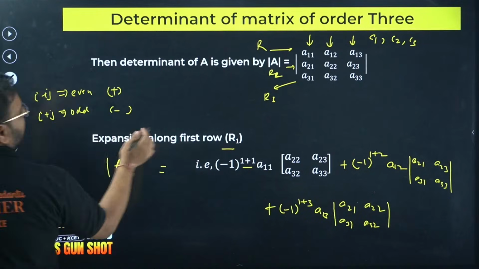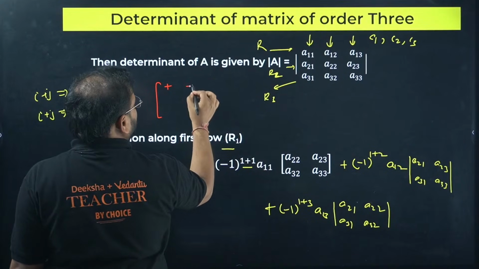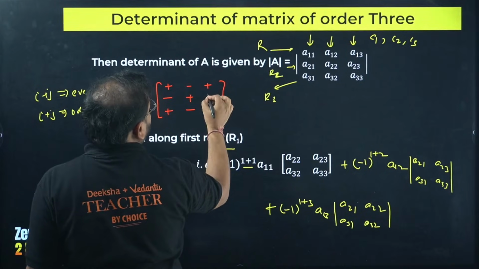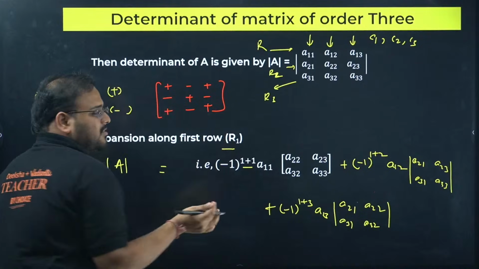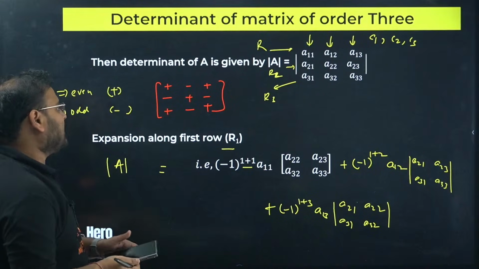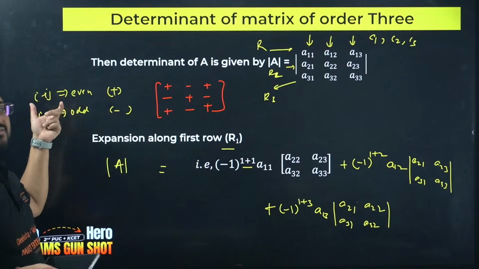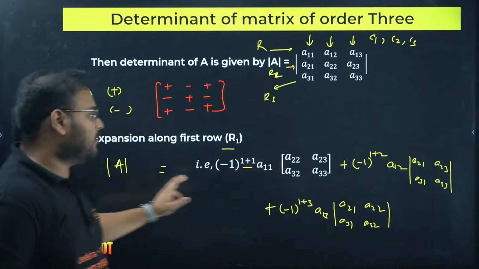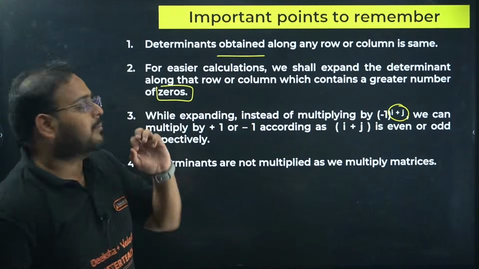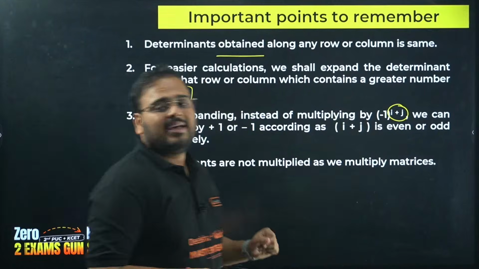If you apply this rule over here, you'll get plus. For the first one, 1 plus 2 is odd, so minus, and again plus, and the same way you get here minus, plus, plus, minus, and over here again minus and plus, because consecutive numbers will alternate between odd and even sums. So the signs will be plus, minus, plus, minus, plus, minus, plus, minus. You can remember this, or remember the rule that if the sum is even, the sign is going to be positive for that particular term. Now if the term itself is negative, then of course the whole result will be negative, but the sign will be positive if the sum of i plus j is even.